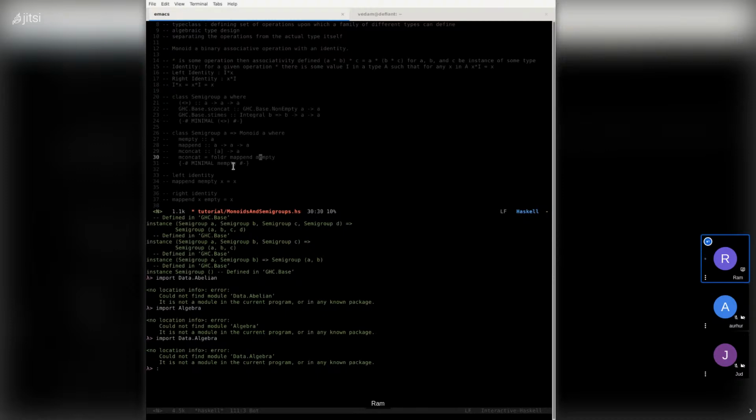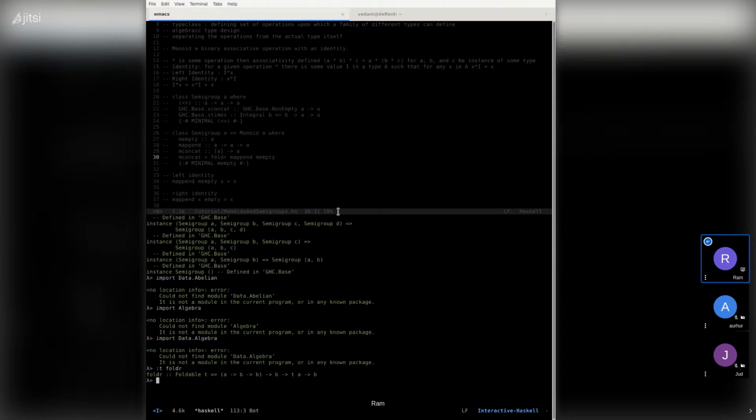Foldr takes a function and an initial value, and returns a function that takes a foldable of type A and creates a B. So your mconcat will automatically work on any type that adheres to the monoid type, because it needs mempty and mappend defined for it.